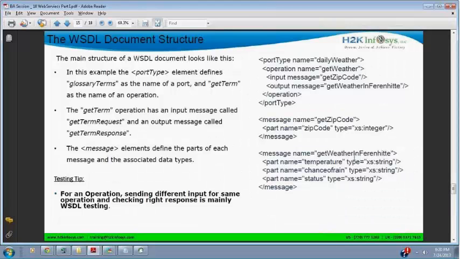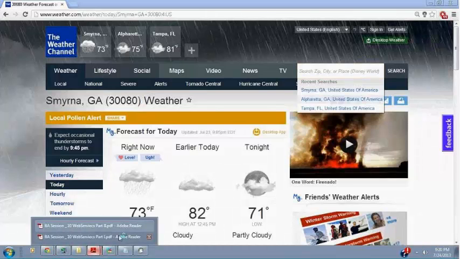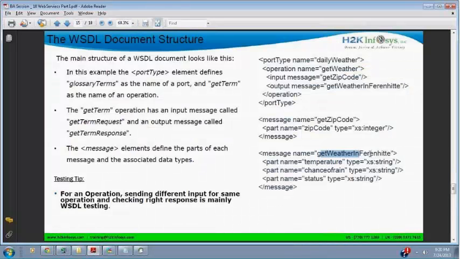Because of WSDL. If you did not see a WSDL, if you are just seeing a user interface, you will not know what exact thing is coming here. Just because it has Fahrenheit here doesn't mean it's Fahrenheit, right? What is this digit coming? Is it coming as Fahrenheit? If your WSDL describes weather as temperature in Fahrenheit, then definitely you should get temperature in Fahrenheit. So this is the importance of WSDL.